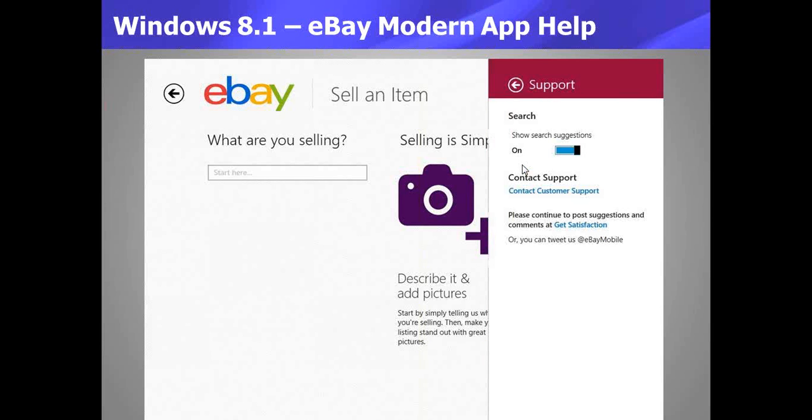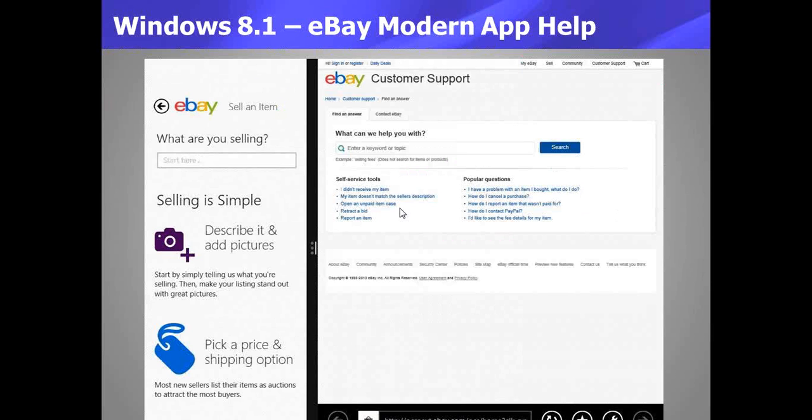So you click on support, and that brings you to this panel, which I don't really think is needed, but they have it. And so then you click contact customer service, and then finally it does a snap. It does a 2/3 snap to the left and shows the main help page